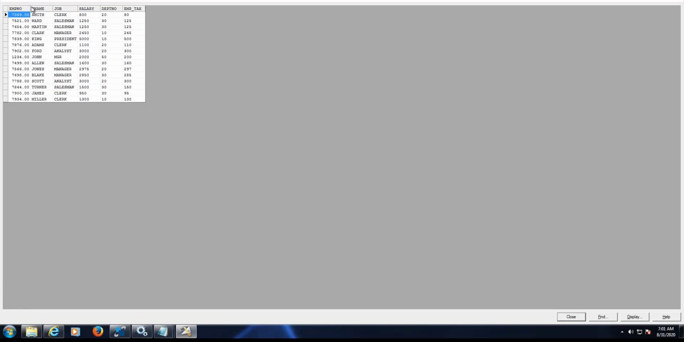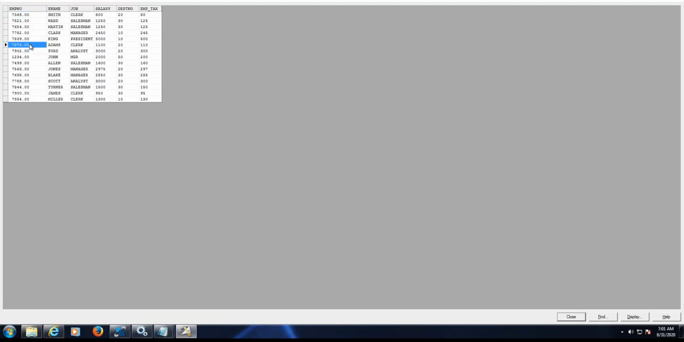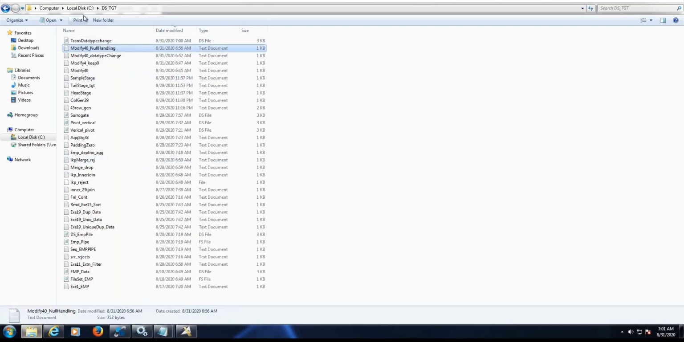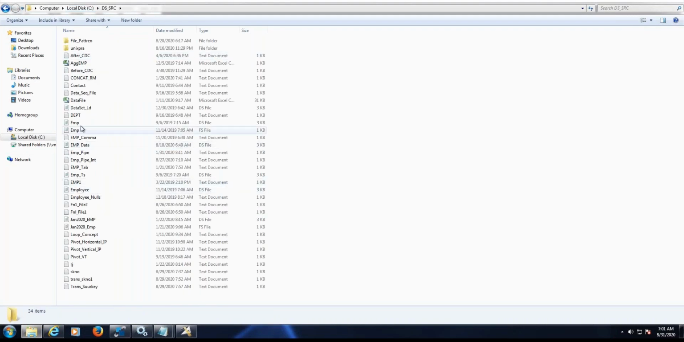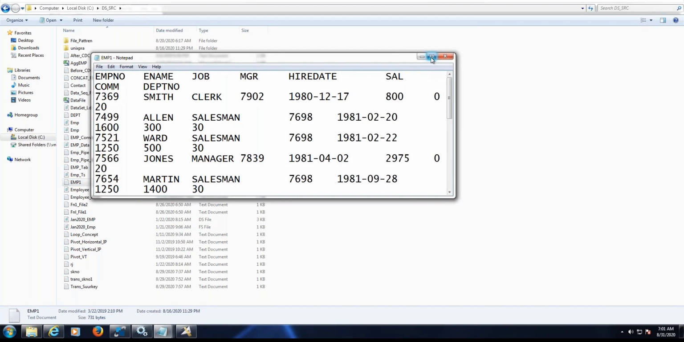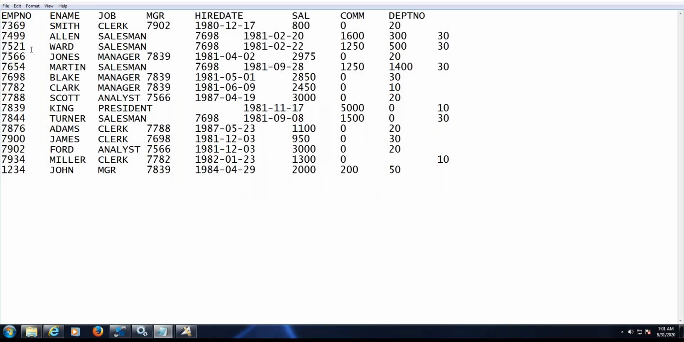So now it has been converted from string to decimal. Okay, how will the source look? We will just see. This is our input. Here it is a character, employee number. If you see in the output,